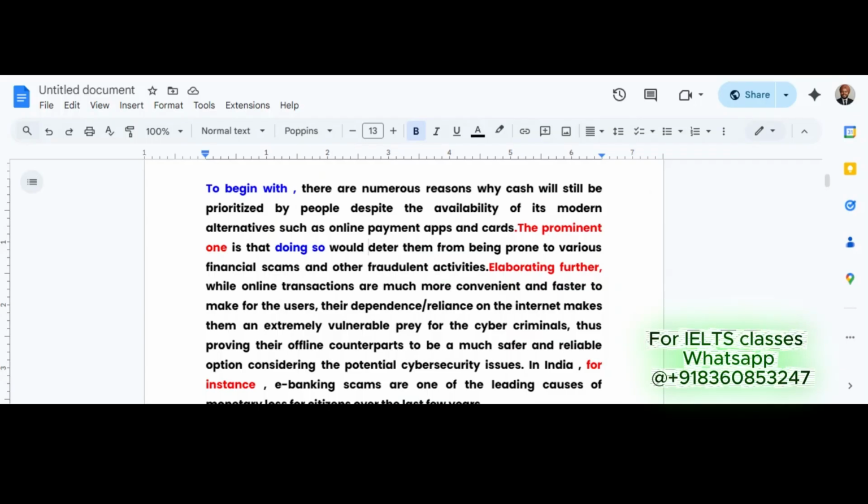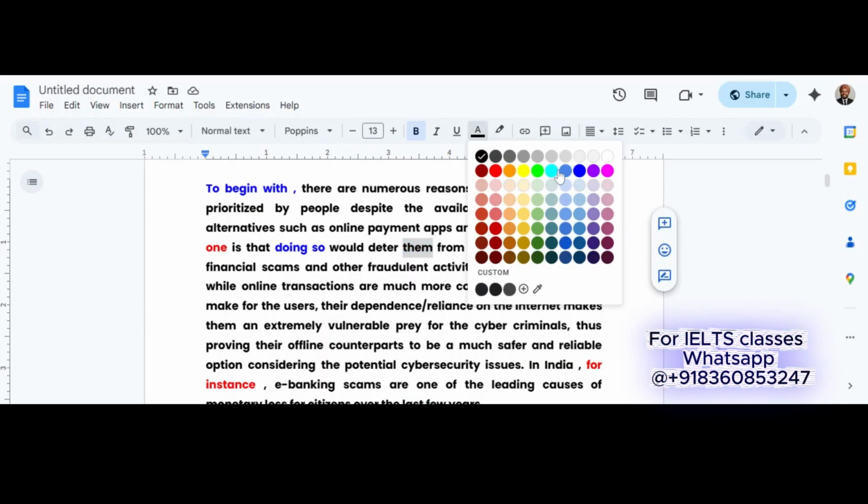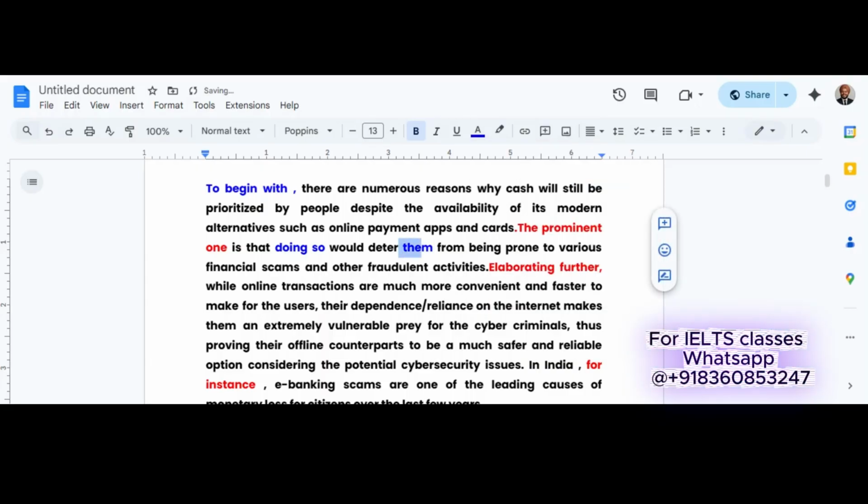So let's see. The prominent one is that doing so would deter them from being prone to financial scams and fraudulent activities. Now here we have used the pronoun them. Who are them? People who would prioritize cash, right? Them are the people who would still prioritize cash in the future. So here, instead of writing that the prominent one is that if people will use cash in the future, then people will not get prone to financial scams,